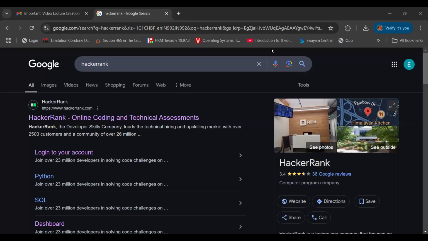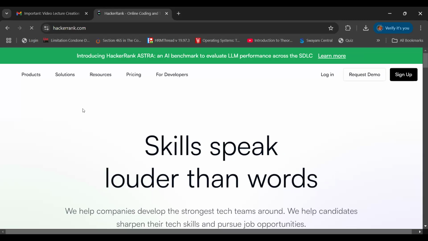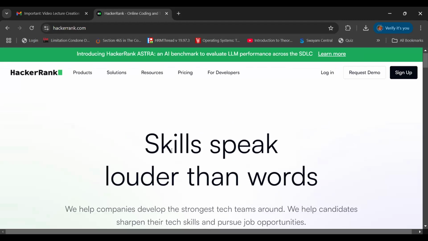You just have to type the keyword HackerRank and the first link which appears is hackerrank.com. When you click on this HackerRank online coding and testing platform, first of all, this is about how the